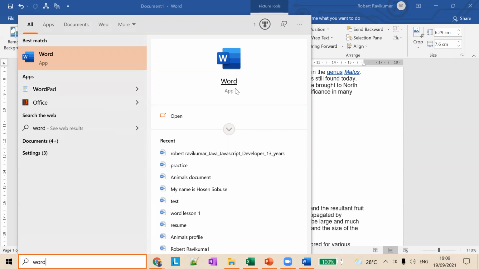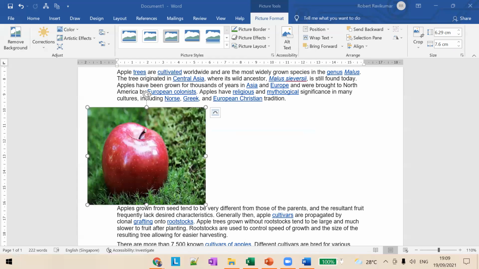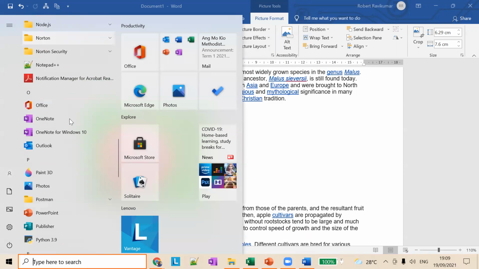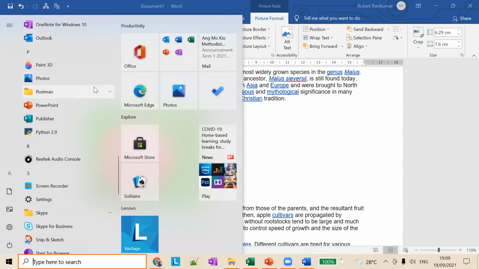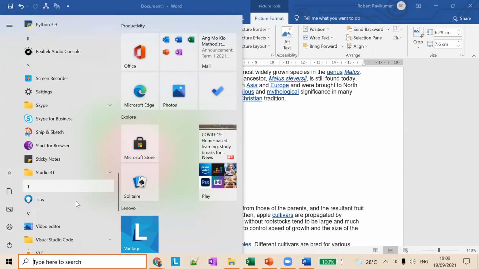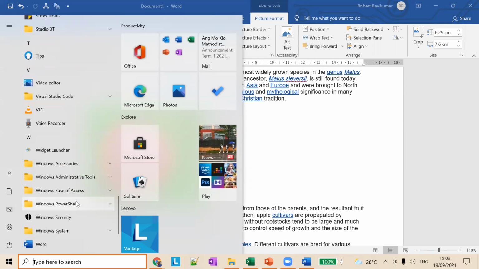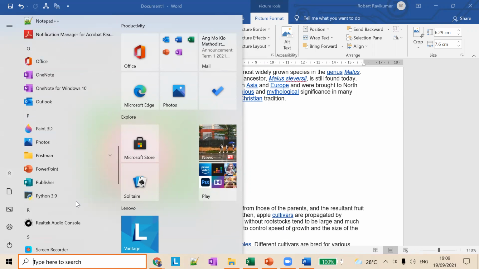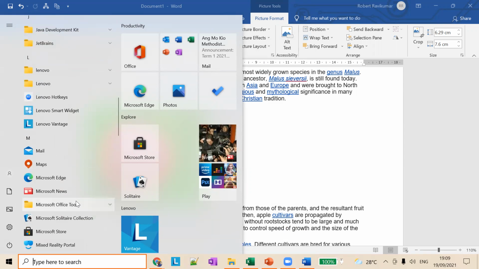Oh, okay. So you can open the Word from this menu here. From the start button, click on it, and you can browse through. In Office, there will be a folder called Microsoft Office. Under that you can open it. So which version of Windows do you have? Windows 10 or previous versions?